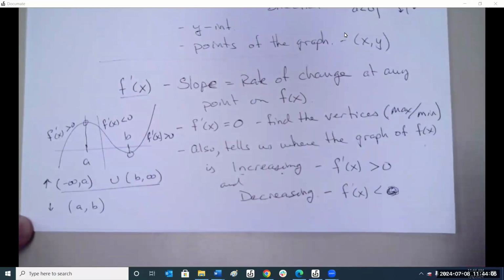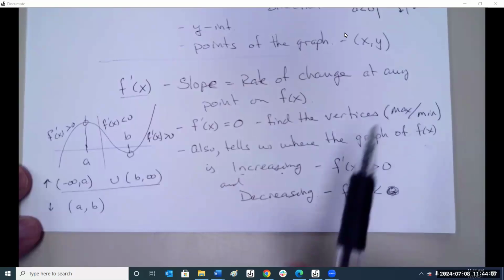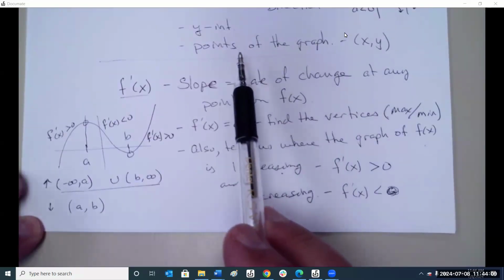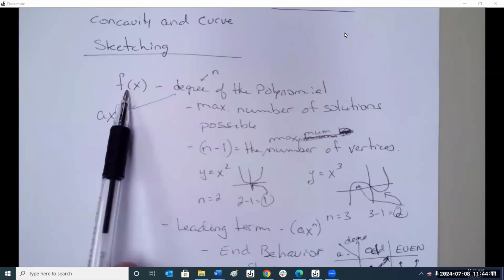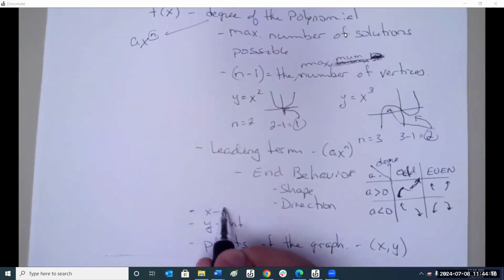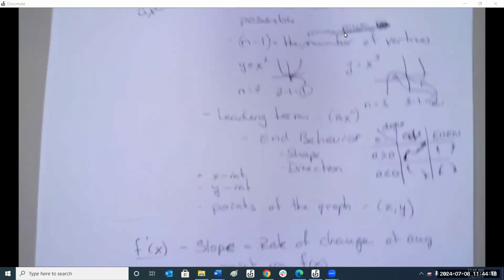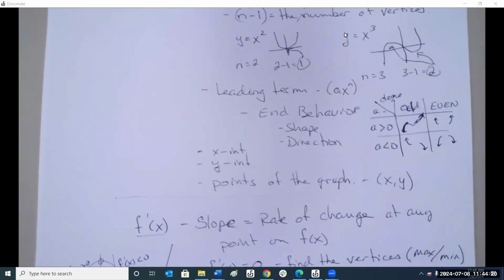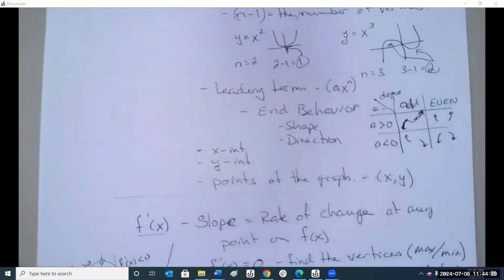Oops, we didn't finish. I forgot another thing up on top. The original function is also good to find the x-intercepts. Set the function equal to 0. All right. So that's up until the first derivative. So now